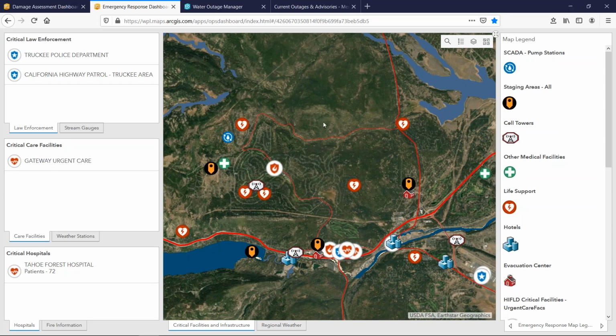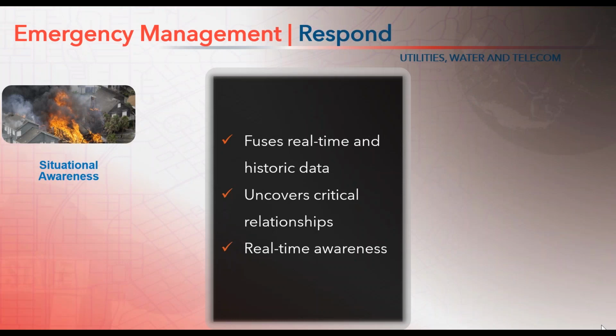Well, thanks, Jonas. During last week's webinar, I showed a picture of a coffee-stained manila folder. A viewer commented that during an emergency, they lose power, Wi-Fi, and sometimes even their GIS. So I appreciate you mentioning that and showing how we can use these apps even in a disconnected mode. So Jonas answered the question, what's going on right now? He showed real-time locations of crews, relationships of weather and events. He was able to show us patterns and relationships. He demonstrated how GIS fuses real-time data and historic data, uncovers critical relationships, and gives us real-time awareness.